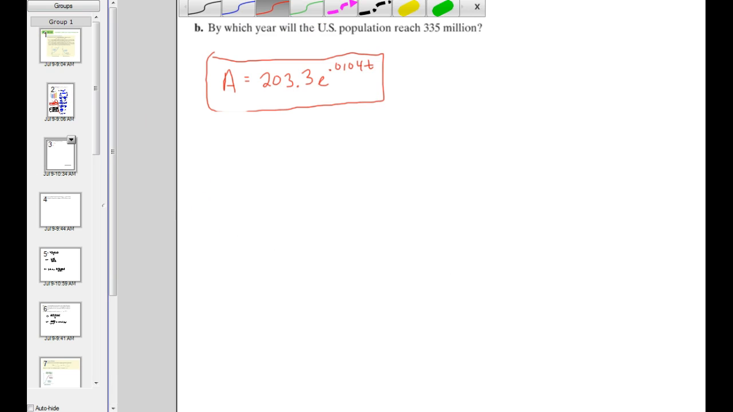All right, then part B says, by which year will the population reach 335 million? So we're going to use the model that we came up with in part A, and 335 million is the population amount, so that's 335. Remember, again, in the model, you've got one variable and a second variable here. This is measured in time units. This is measured in other units. So this is not time. So that means that the 335 is this value. Okay, 203.3 e to the 0.0104